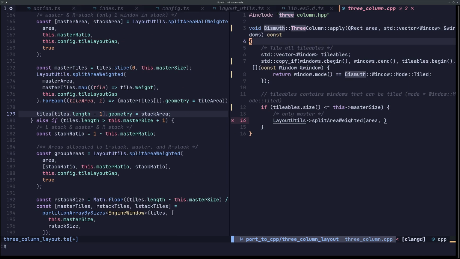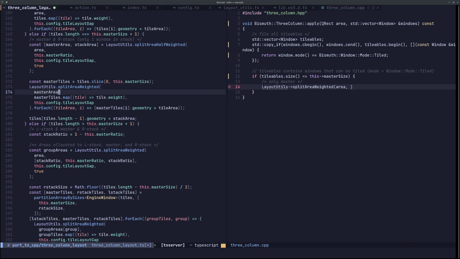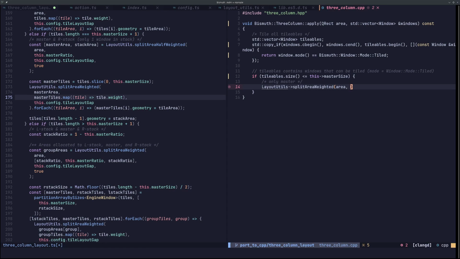All right, so here we have void 3column apply, we already have apply. So right now we're only doing it when tilelabels.size is less than or equal to the master size, right? And so if you go here, this is what it does, split area weighted. And what I can do is layoutUtils.splitAreaWeighted. I think I don't even need a class for that, right? I mean, I can keep it probably something like,